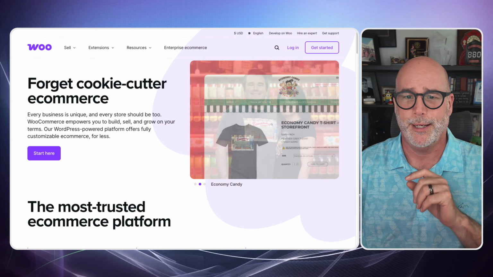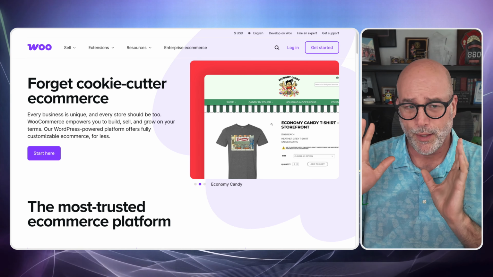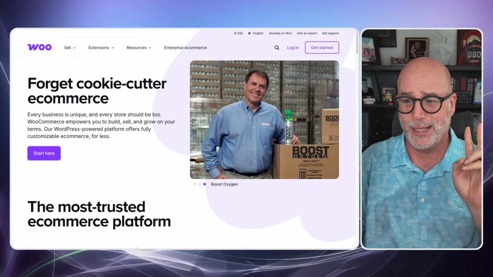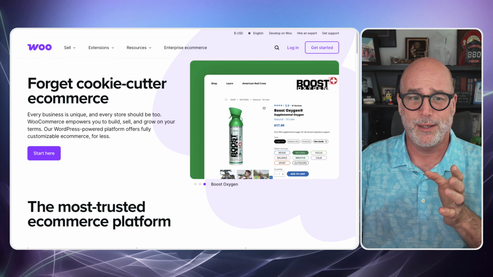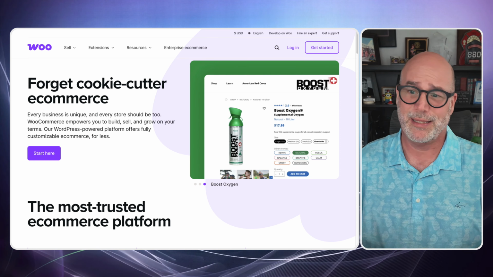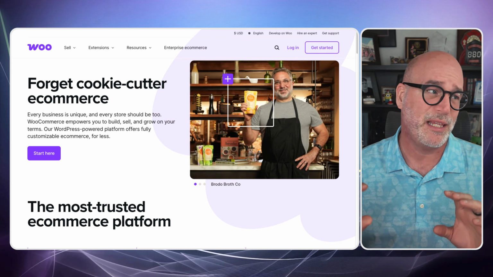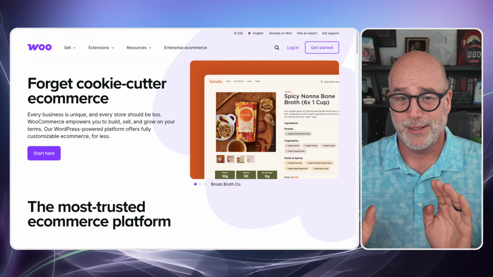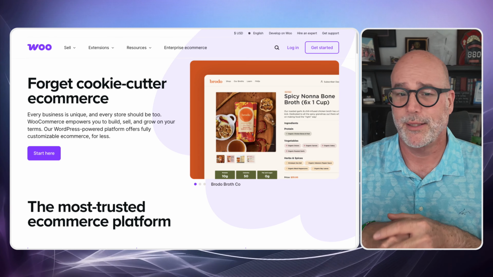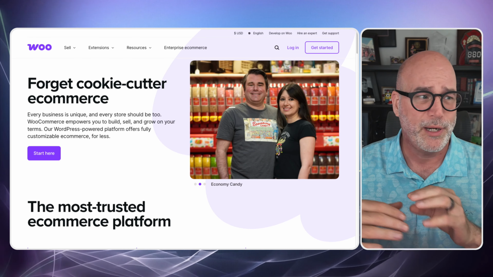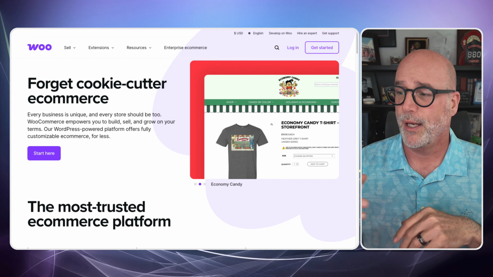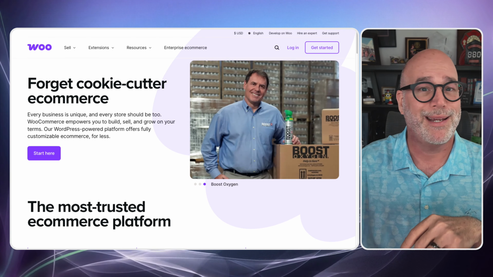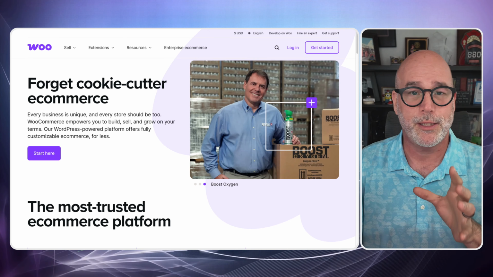So let's take a look at WooCommerce here, and we'll see what I'm talking about. Okay, so here's WooCommerce. Like I said, it works. It is open source, but in order to make it do anything, you're going to need to purchase some plugins and stuff like that, which really does suck. If you're just selling a basic product, with no recurring fees or anything like that, this is probably just right out of the box. It'll work for you. You install the plugin, whatever page builder you're using, you can make it look pretty. You can do what you need to do and it'll work.